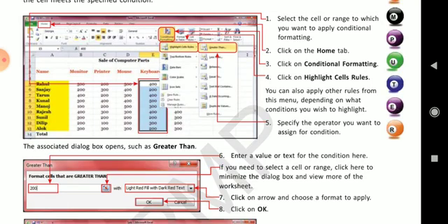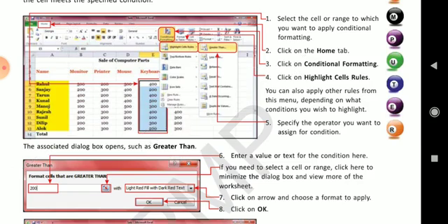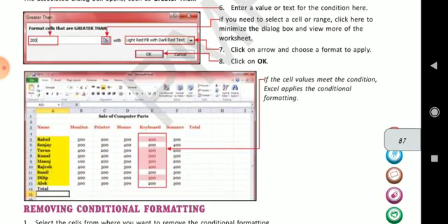Under the heading highlight cell rules you will get them. Click on the home tab, conditional formatting, highlight cell rules. Like here, greater than has been selected. A dialog box will appear, and in that you just put the value, and after that the cells will change according to the condition.